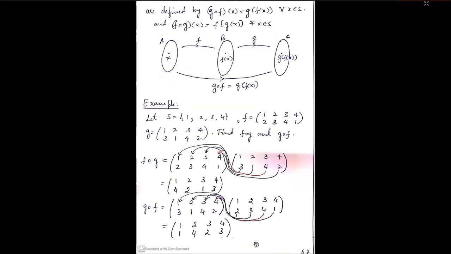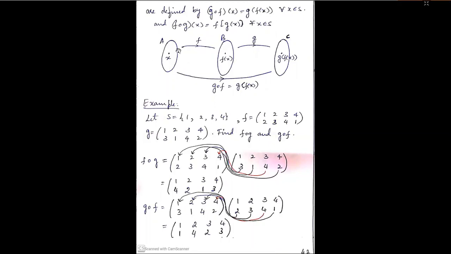Next, let us look at the composite of permutation. That is nothing but product. So you don't multiply directly in case of permutations. You call this a composite of permutations. So I'll explain what is a composite mapping. Let F and G be two permutations defined on a set S of degree n. The composite mappings, we denote in the form of G circle F and F circle G, and they are defined by G circle F of x is equal to G of F of x for all x